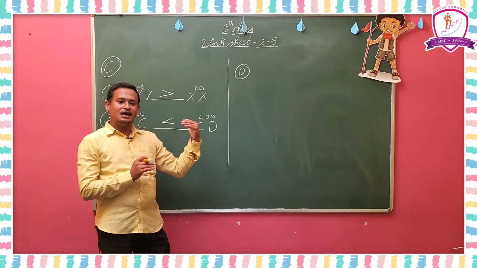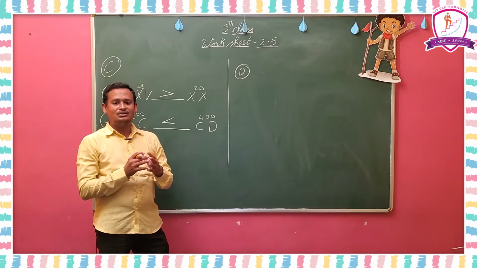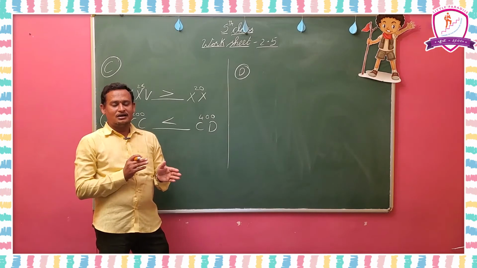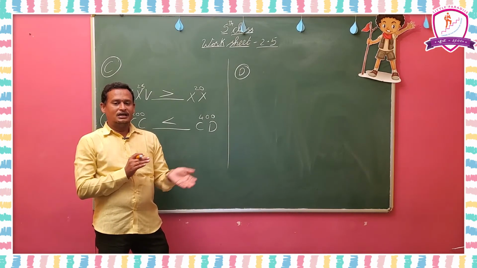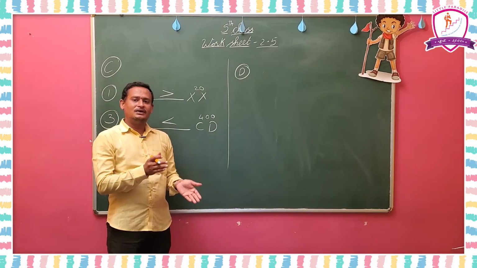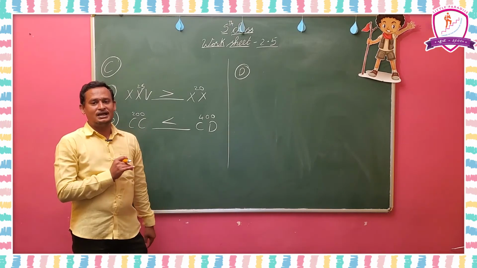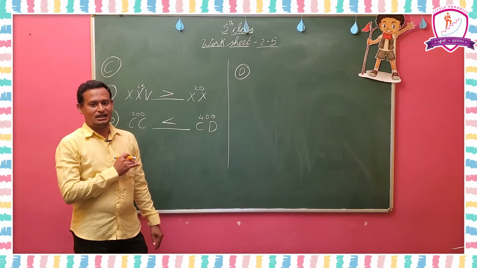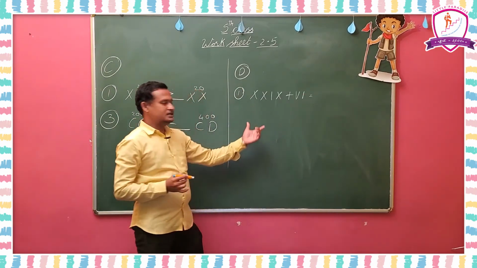So you have to convert the Roman numbers into Hindu Arabic numbers, then you have to add those, then we will get the answer. Okay, that answer must be in Hindu Arabic numerals. Here in the question Roman numbers are given, we have to convert them into Hindu Arabic numbers, then we have to find the answer in Hindu Arabic numbers only. Okay, first I am going to explain the first one here. So here this number is given.